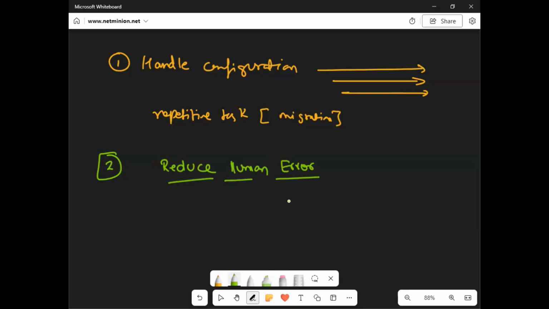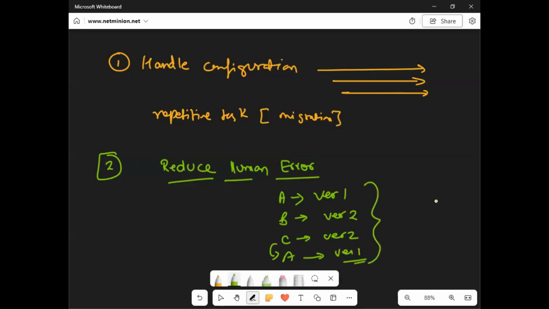Especially if it is a complex change, and you have different versions to be maintained. Let us say shift A is doing version 1, but in shift B, it is decided that you need to do version 2. So shift C is doing version 2, but shift A, because C did not give a proper handover, when they come in the next day, will do version 1 again. So inconsistency. Such things can be avoided if you are doing some tasks using a script.